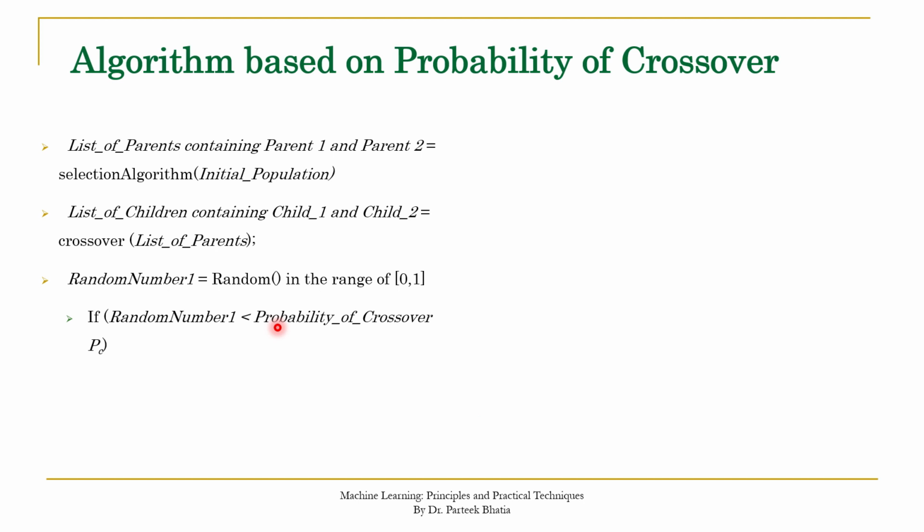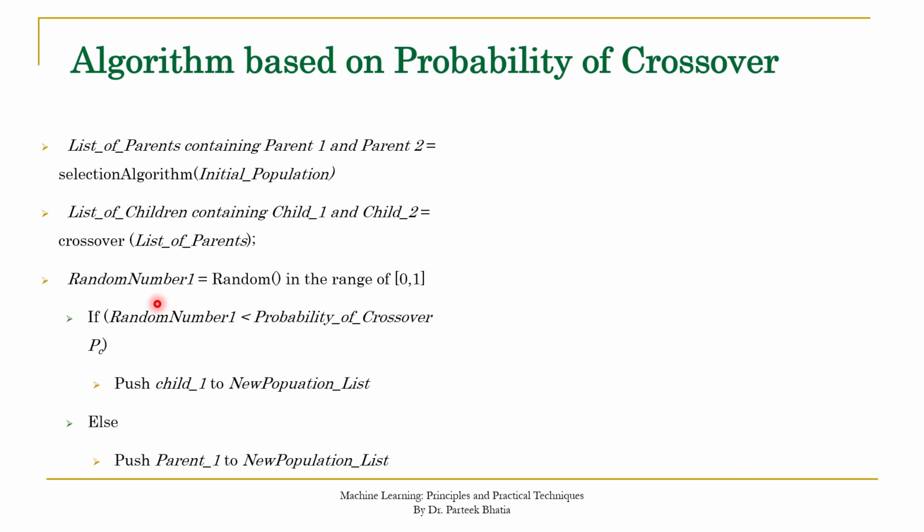Now you can tell me what will happen if random number 1 is less than probability of crossover. So this is for parent 1, and in this case you can see that probability of crossover is more as compared to random number. So can you tell me what will be passed to the next generation in this case? Yes, of course. In this case, child 1 will be passed to the new population, else parent 1 will be passed to the next population. So the process of selection has been performed on parent 1.